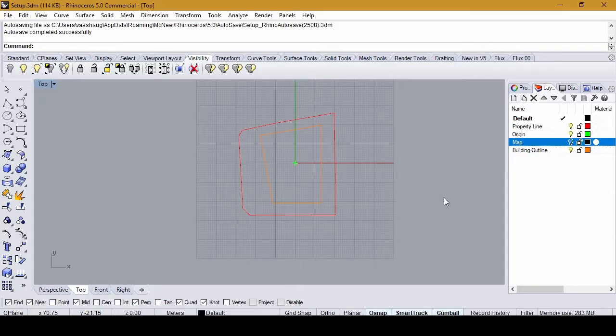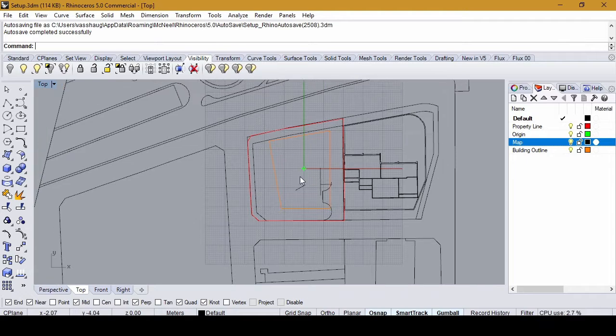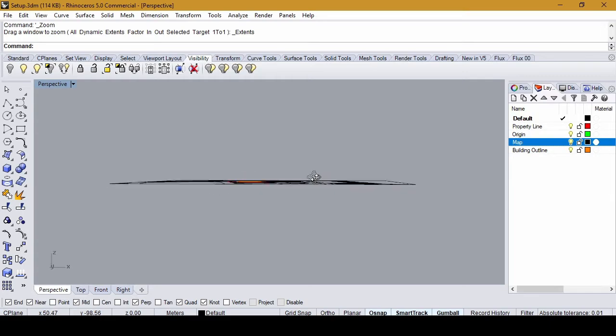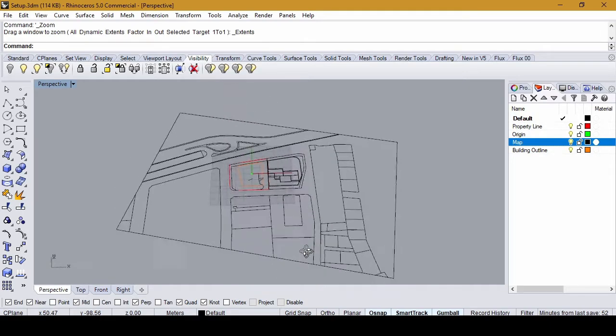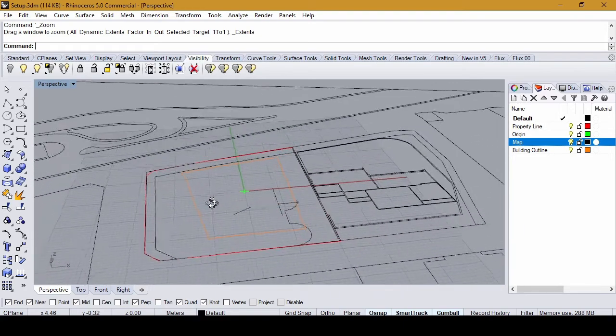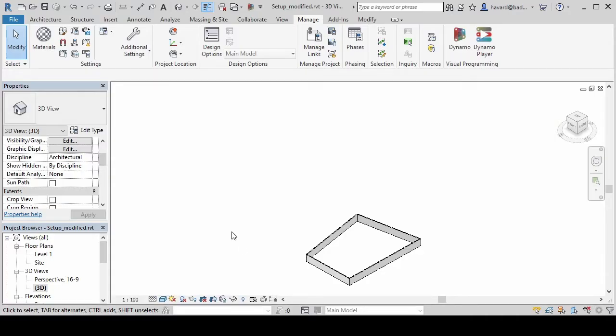In our Rhino setup, we have a map file, property line, a building outline, but we don't really have a lot of other things in the 3D space, just flat map data. So when we start modeling, maybe in Revit, maybe in Rhino, we want to make the geometry we're modeling available in the different systems, and we will try to avoid creating duplicate geometry. So let's start by modeling some things in Revit, like we already did.